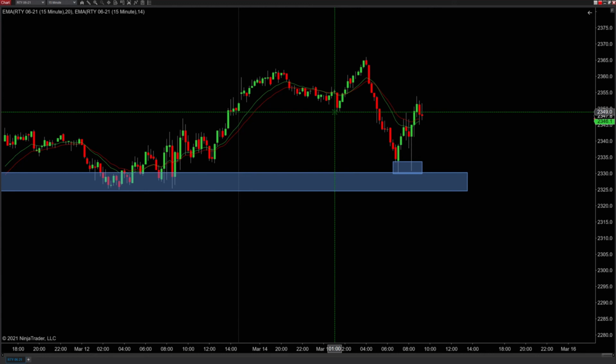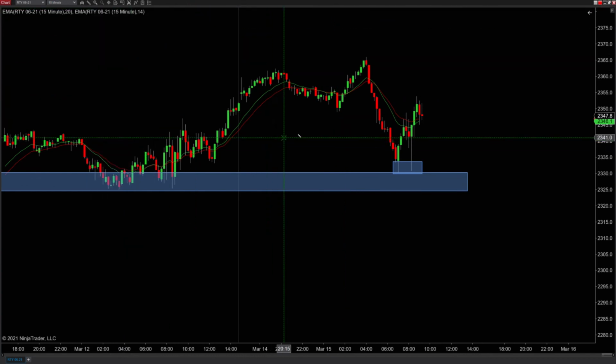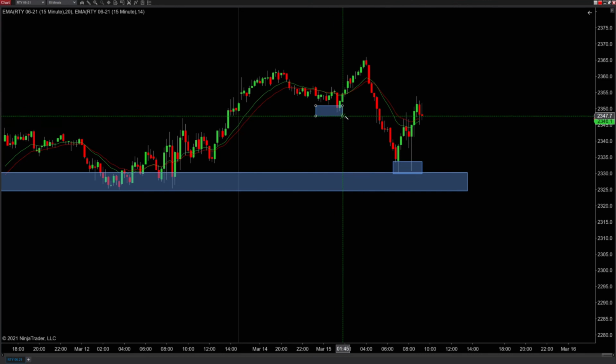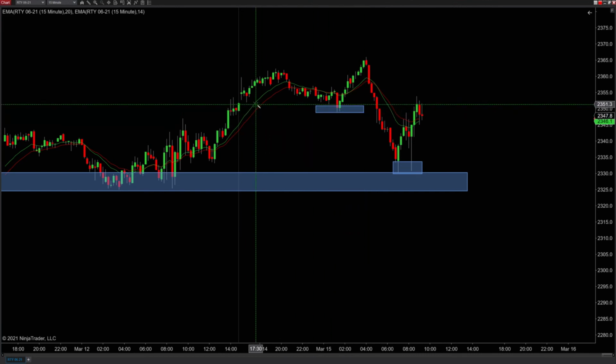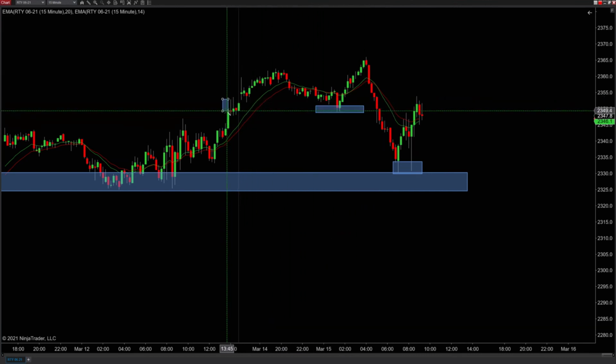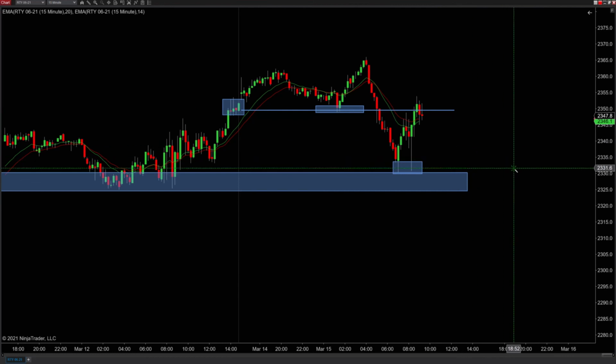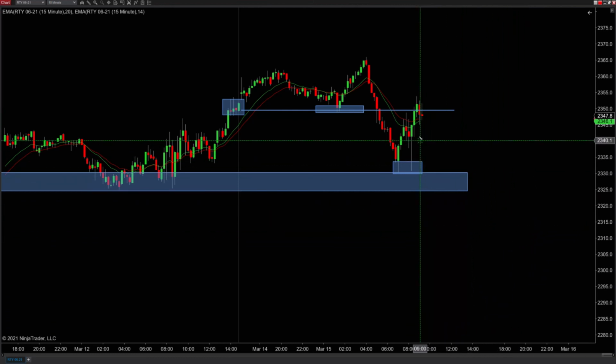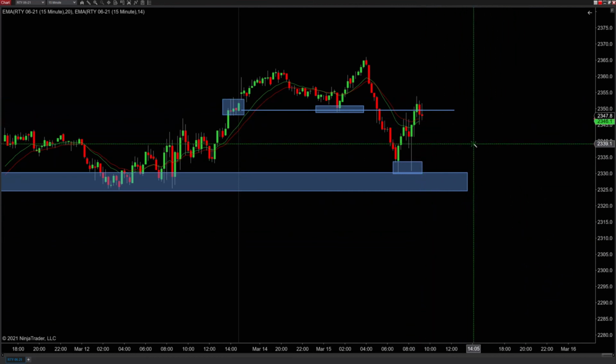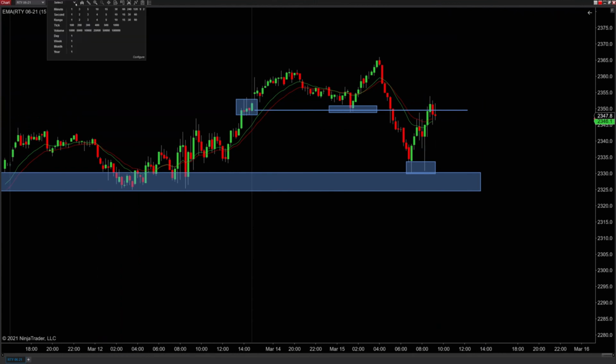So action then bounced, headed into this area here, this prior swing low right here. And this area also corresponds with this little area of congestion right here, creating a resistance area. So we came right up into this area and then got a bearish bar, started getting selling coming in, and